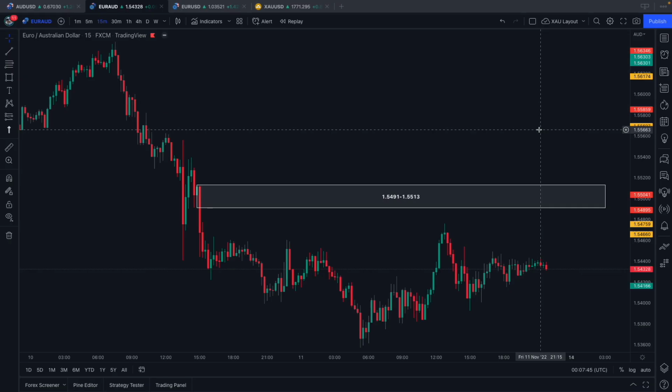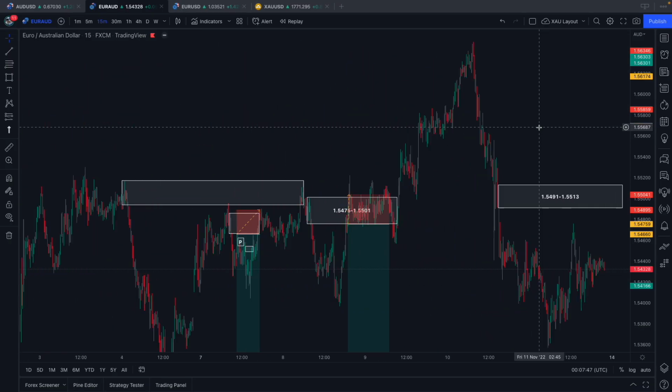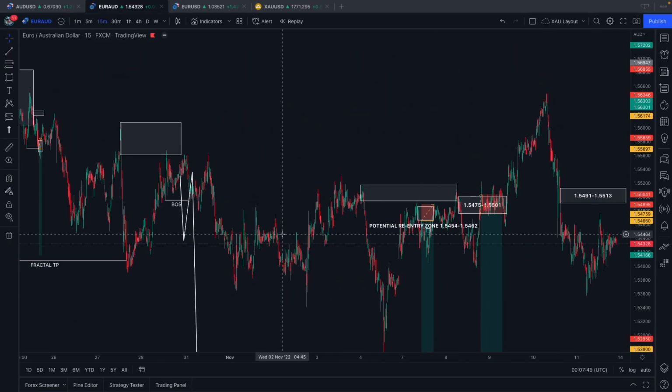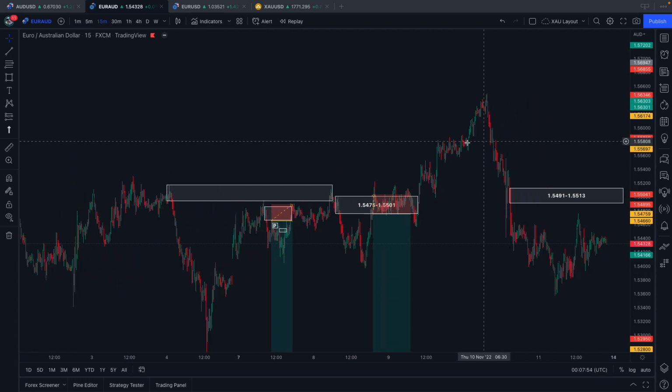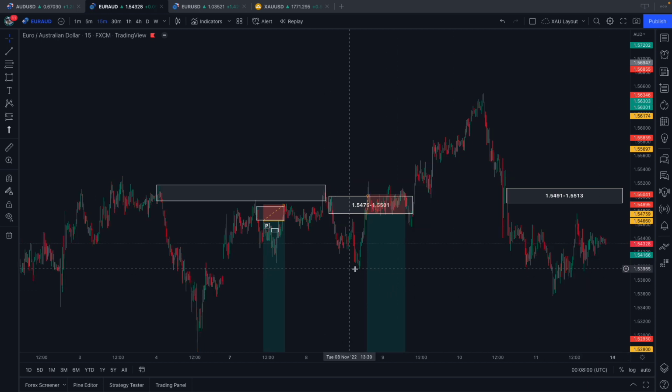Okay, now moving over to Euro AUD. So this is a bearish market, and we have just seen price trade and put in the corrective wave. But what we have seen now is price start to put in its new impulsive wave lower. We've had breaks of structure to the downside, as we can see here. This would be a break of structure.